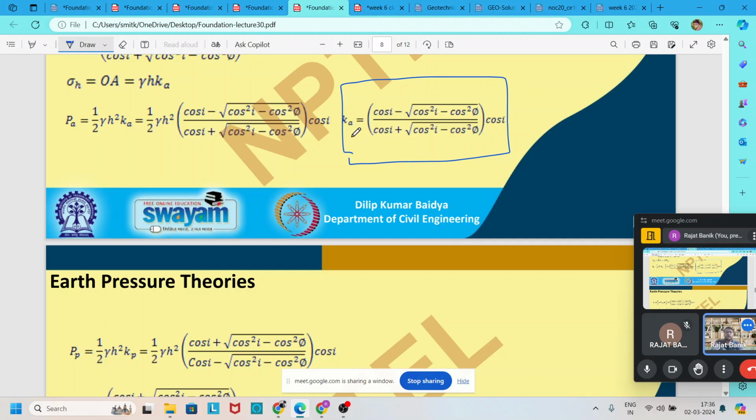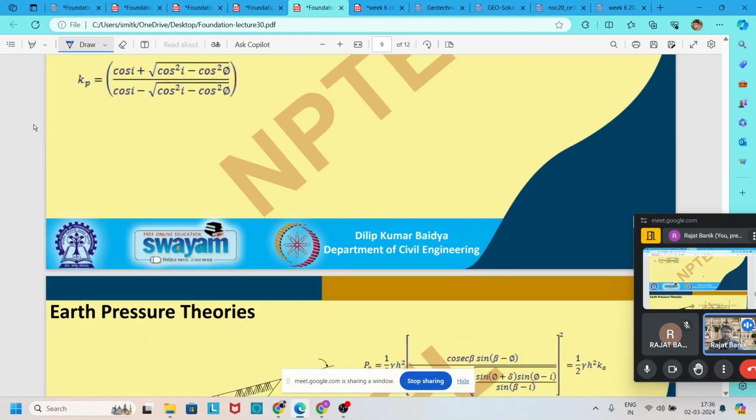K is equal to... everything is the same, so only the active earth pressure coefficient Ka and the passive earth pressure coefficient Kp change, where we include the ground surface inclination at angle of i. You can say it becomes cos i minus root over cos square i minus cos square phi, divided by cos i plus root over cos square i minus cos square phi, into cos i. For the passive case, it is 1 by active K, so it becomes